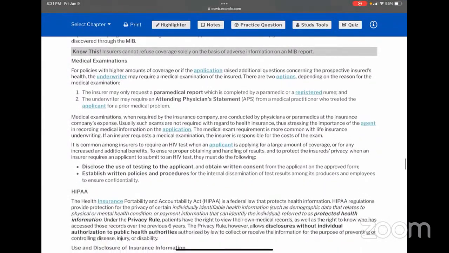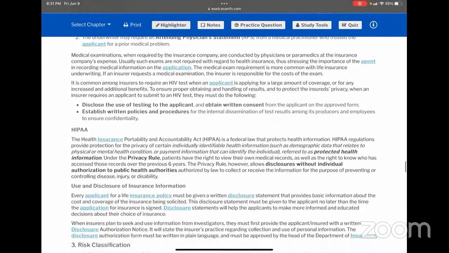It is common among insurers to require an HIV test when an applicant is applying for a large amount of coverage or for any increase and additional benefits. To ensure proper obtaining and handling of results, and to protect the applicant's privacy, when an insurer requires an applicant to submit an HIV test, they must do the following: disclose the use of testing to the applicant and obtain written consent from the applicant on the approved form. Establish written policies and procedures for the internal dissemination of the test results among its producers and employees to assure confidentiality. Then you got good old HIPAA,